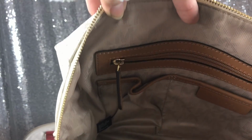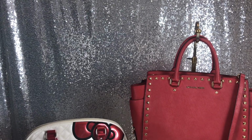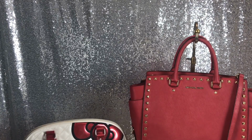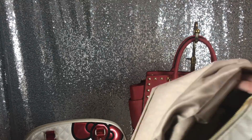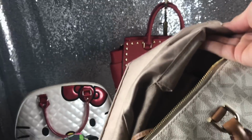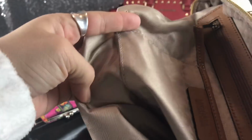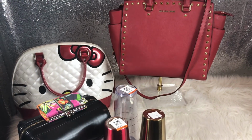I can't, yeah. So there's a couple little marks, nothing major. In something like this, I would use LA's Awesome. I would pull the liner out. I'll watch this liner doesn't go. Okay. I would pull the liner out like this. I would pull the liner out, lean it over my sink, and then I would take LA's Awesome from the